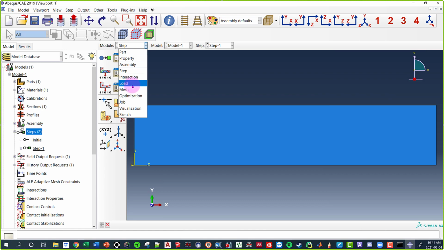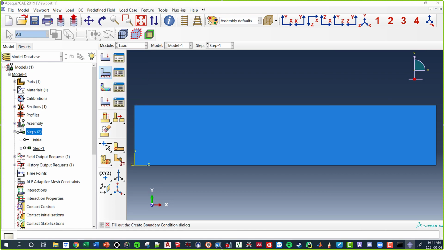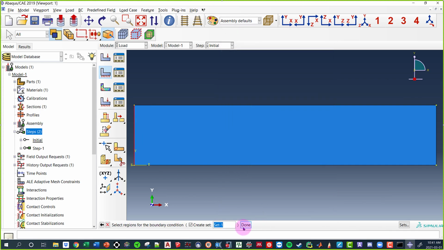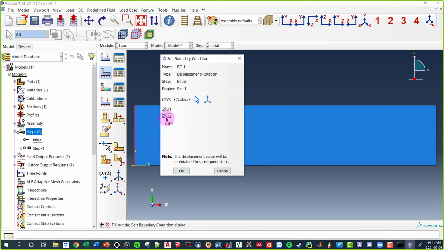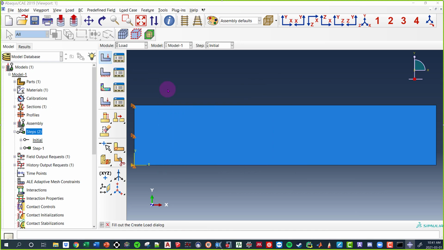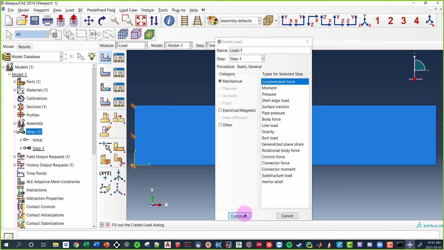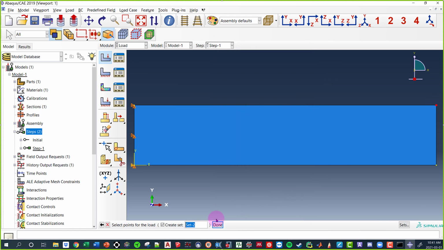So when I go down to my load boundary conditions, again, they're popping up on the other side. I'm going to put my displacement in the initial step over here. They're all appearing behind the Zoom chat, so it's kind of hard to see. Perfect. And I'm going to apply my load right here in step 1. This one right here.